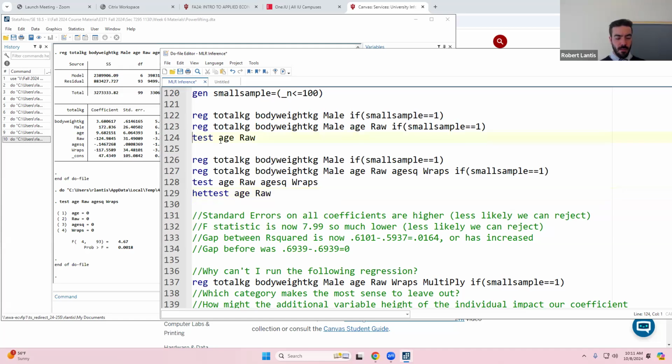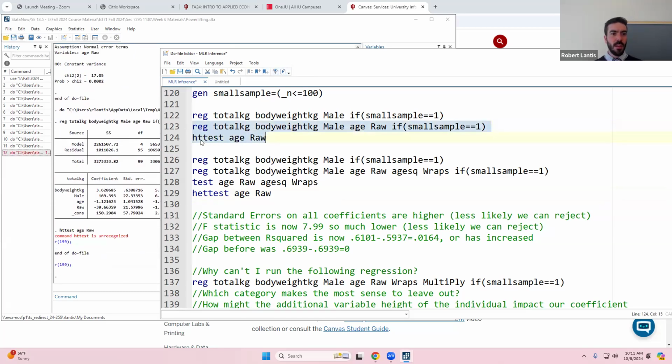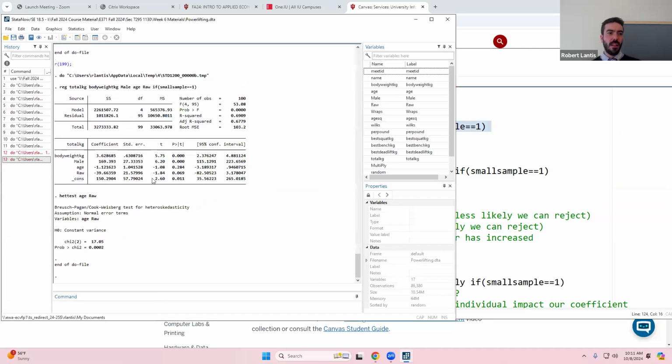I'll do it up here. I think this is what it is. Yeah, I think that's the command people are using, because I don't think this one will do anything. Yeah. So I appreciate the